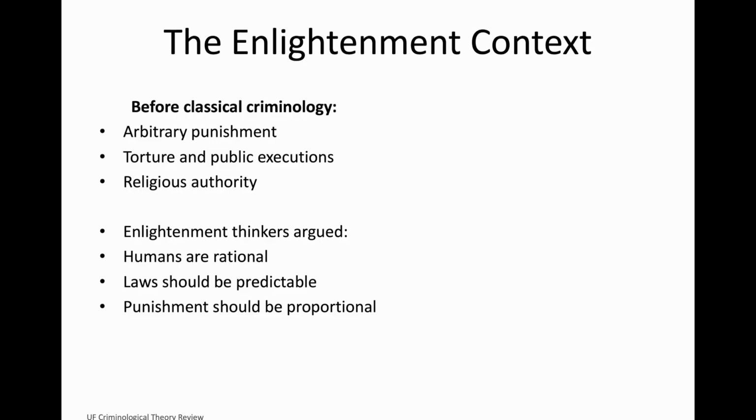This was a major shift. The classical school assumed that people have free will, people make choices, and they pursue pleasure and avoid pain. Therefore, the law can influence behavior by arranging consequences in such a way that crime becomes unattractive. And this is where deterrence theory begins. So the goal of punishment from this view is not revenge, it's not cruelty, it's not even moral condemnation. The goal is simply prevention.